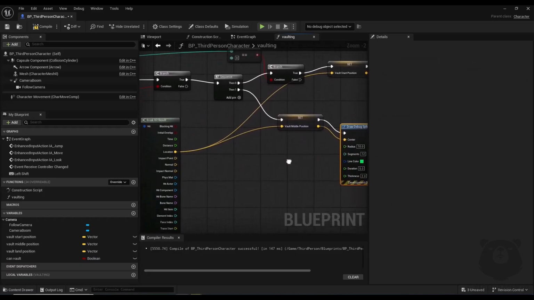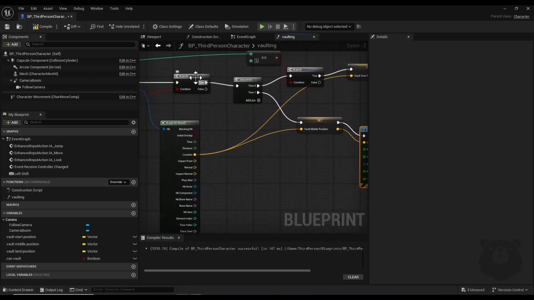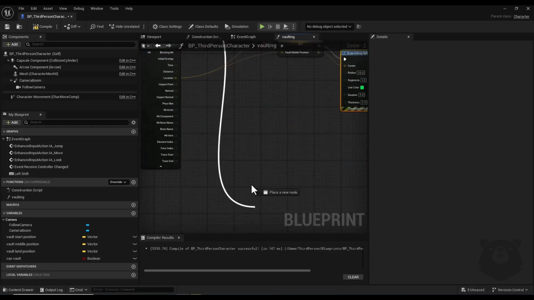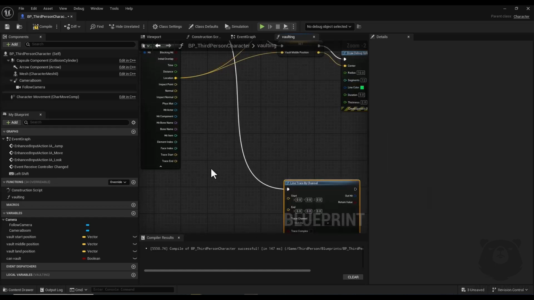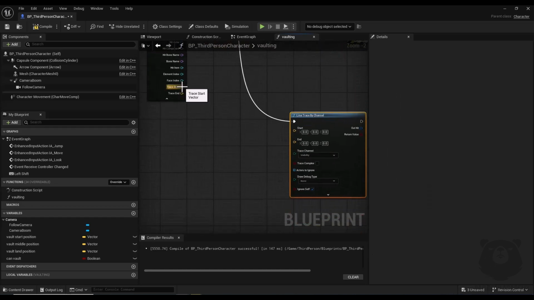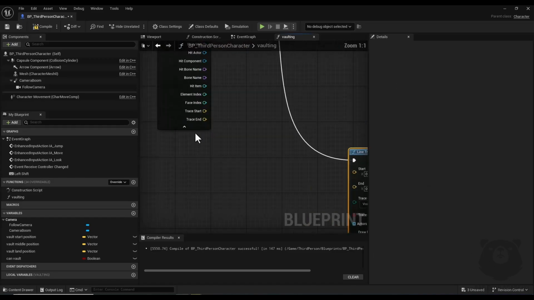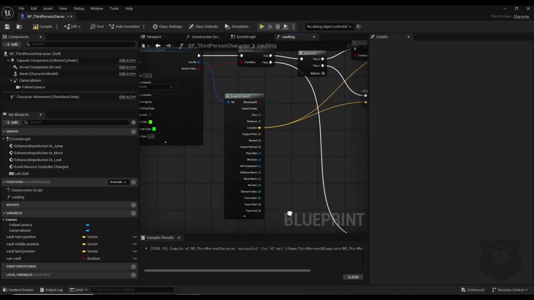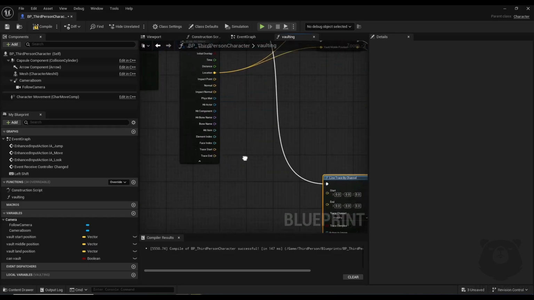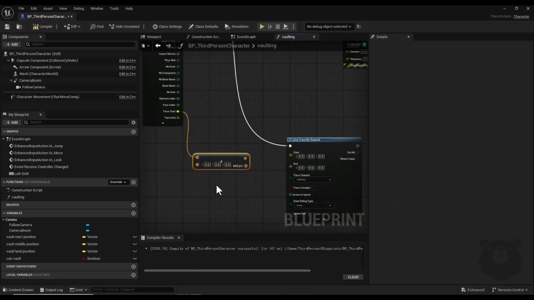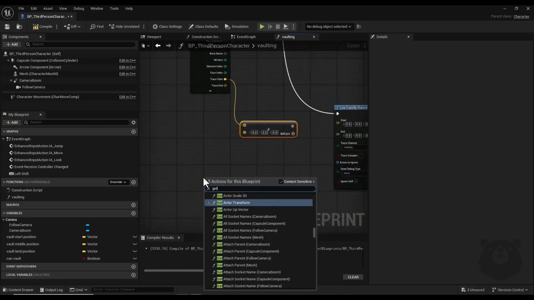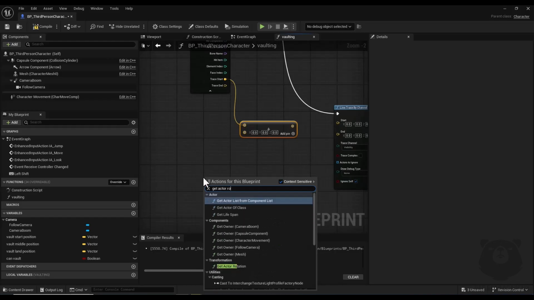Now from the false section of this branch node, I drag a node and add a line trace by channel, and now I drag a node from the trace start of this brick hit result of this sphere trace, and I add this add vector, and here I right click and search for get actor rotation,